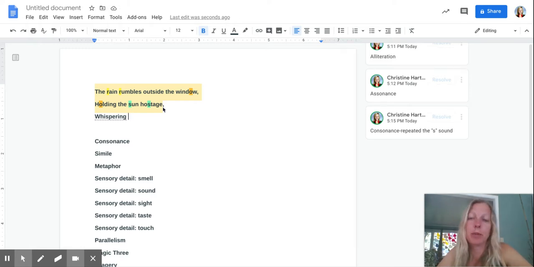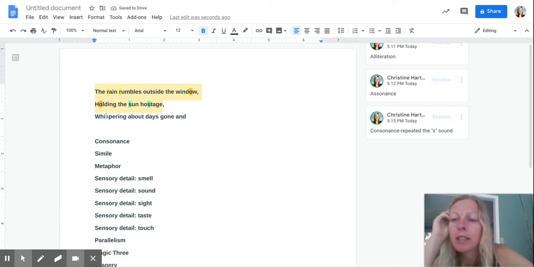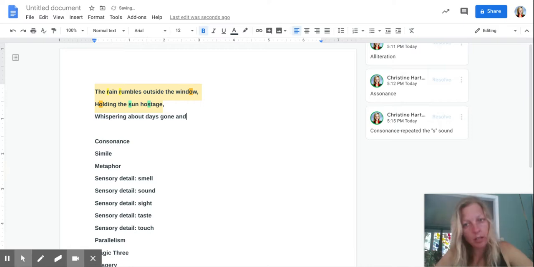The rain rumbles outside the window, holding the sun hostage, whispering about days gone. So I'm just still playing on that S sound. The rain rumbles outside the window, holding the sun hostage, whispering about days gone by,